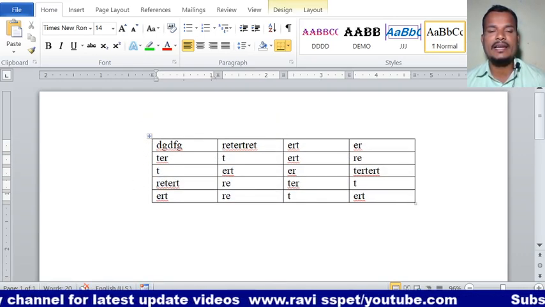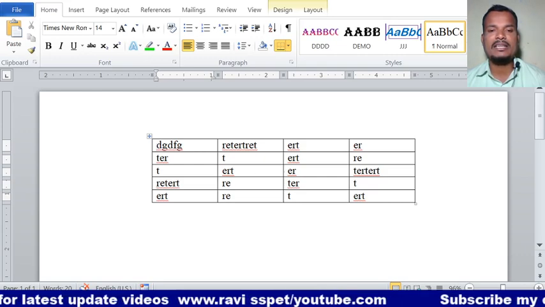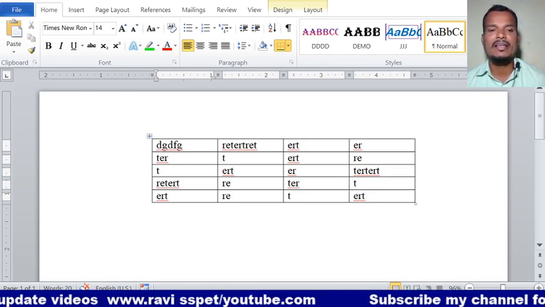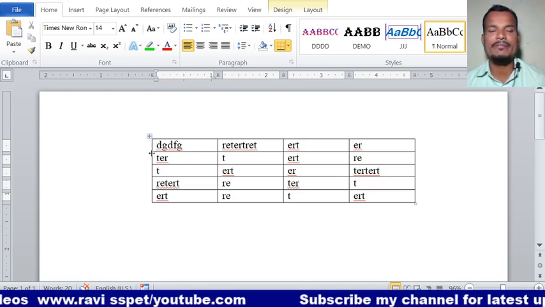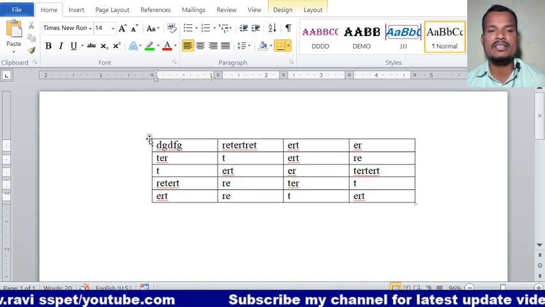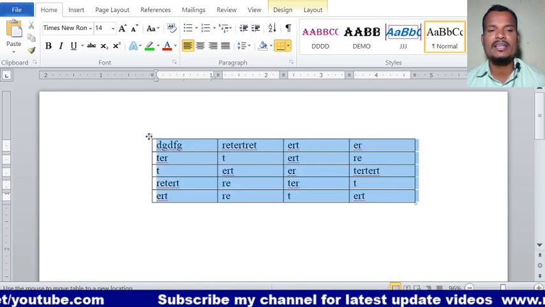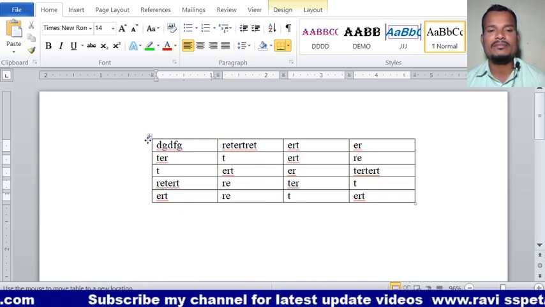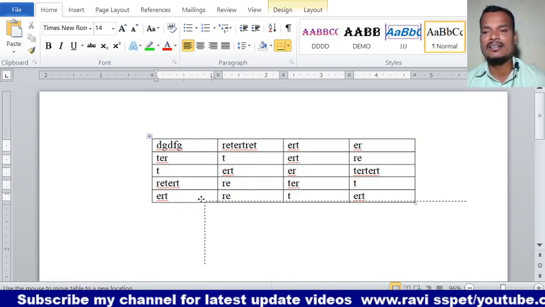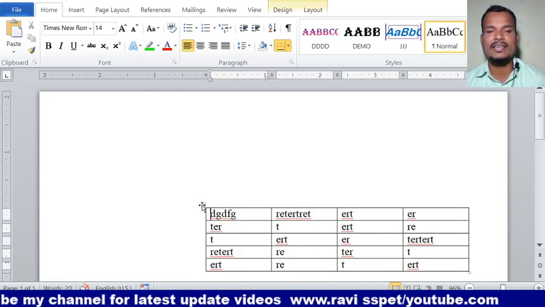See here, if we want to move this table, keep the cursor anywhere in the table. After that you observe this symbol, left side top corner. Click on this and drag wherever you want.